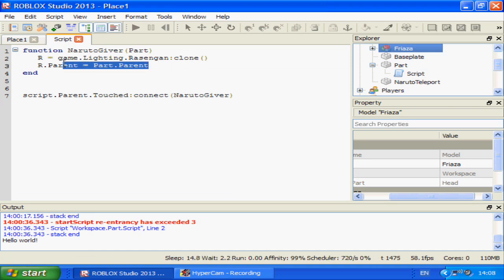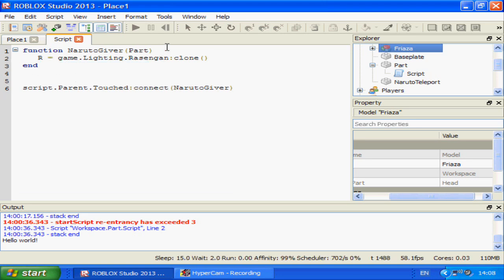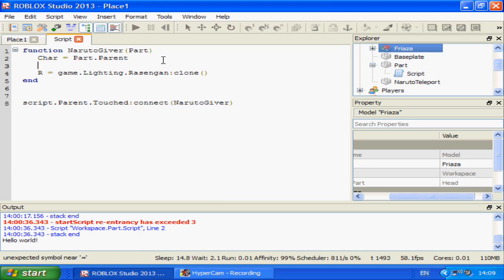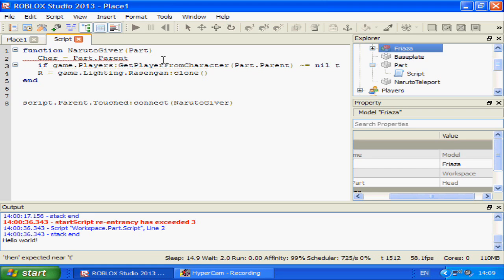Except we don't want it to go inside the character, because that will mean it's equipped and it might not even work that way. So this is where another inbuilt function comes in handy. We want to get the player from the character. So before this we're going to do this: char equals part.parent. Player, and then so we don't have any errors, we're going to do this: if game.players get player from character part.parent is not equal to nil, then